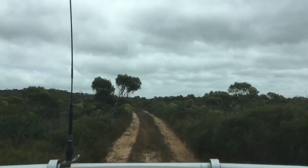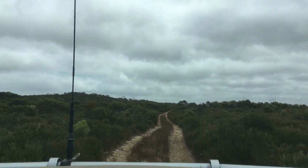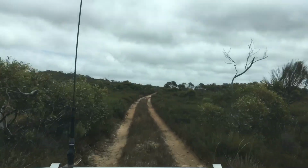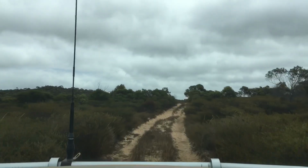Had a bit of a terrain change. We've got rid of most of the rocks. There's a bit of sand around. We're travelling along the side of a sand dune, and just up here, if I remember, there's still a few rocks. Spoke too soon, but we're about 50 k's from Toolinna Cove heading west, where we come up to the